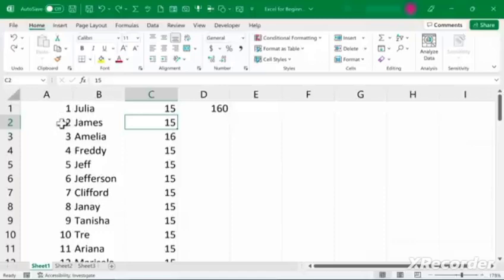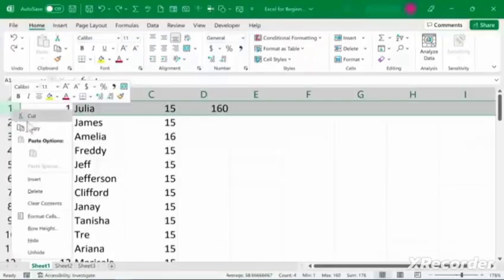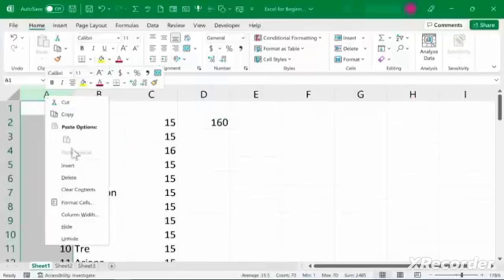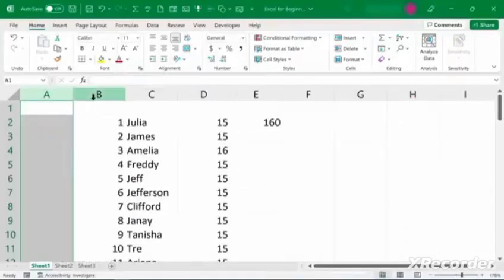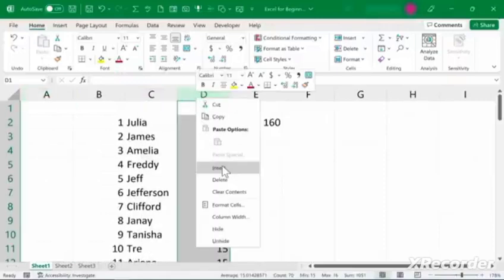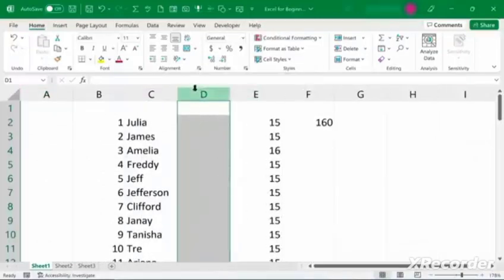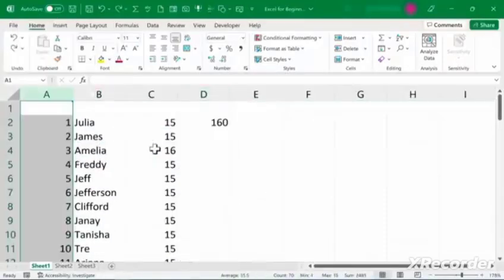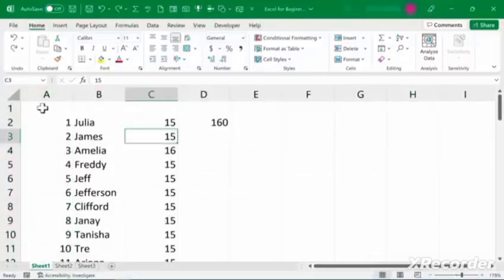If I need another blank row above row number 1, what can I do? Well, all I have to do is right-click on the number 1 and choose Insert. If I need a new blank column, all I need to do is right-click on, let's say, column A and choose Insert, and I get a column to the left of column A. I can also insert columns in between data. So I'll right click on D, insert, now I get a blank column between C and now E, and I could do the same with rows. I'm going to undo all of that to get back to this point where I just have a new blank